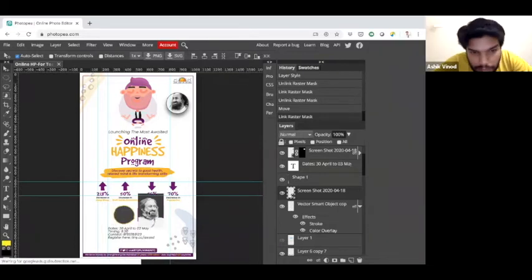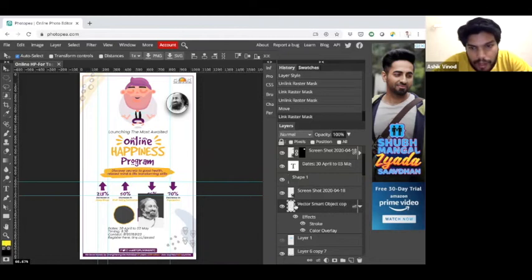Now coming back, we have this layer, and then Control-click on this layer. When you Control-click on that layer, you will see that a selection is happening.